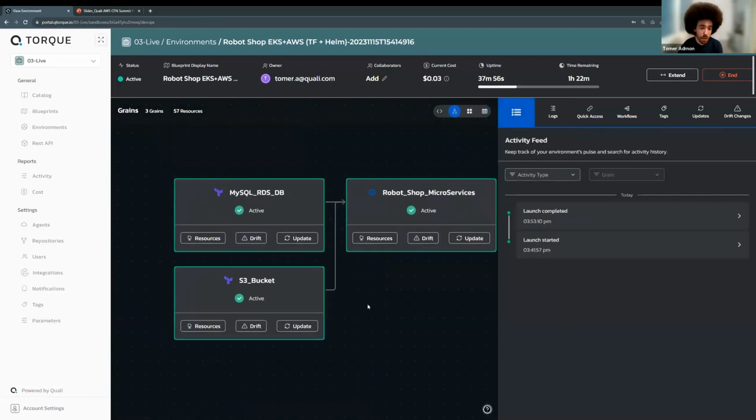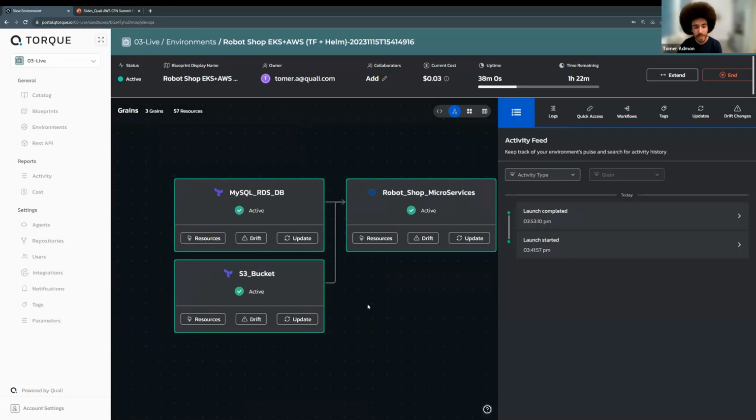For the operator, over time, we want to make sure that we are covering 2 very important aspects. One of them is drift, and the other one is updates. So in case something bad happens with one of these resources that were deployed as part of this RDS module, we want to make sure we are alerting you about drift.